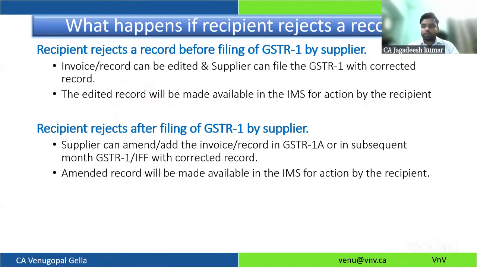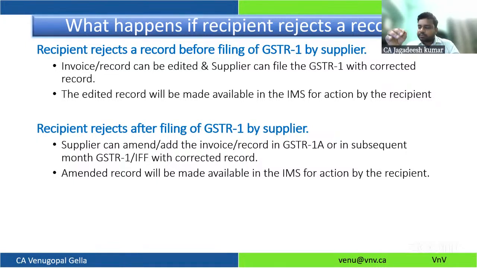So what happens if a recipient rejects a record? If my recipient has rejected a record, let's say the recipient rejects a record before filing of GSTR 1 by the supplier. Yes, the rejected invoice can be edited and the supplier can file GSTR 1 with the correct record. That means